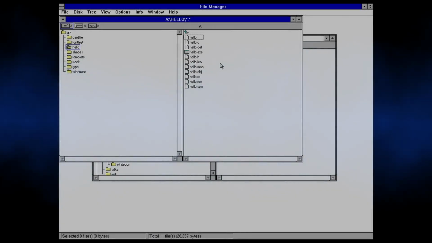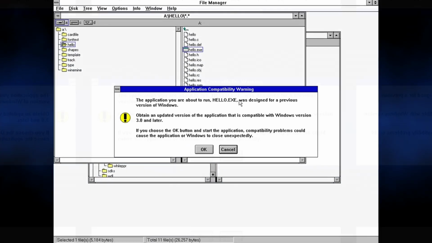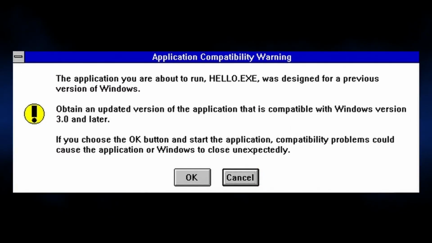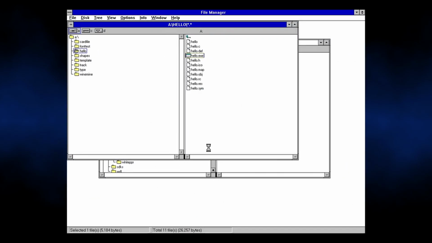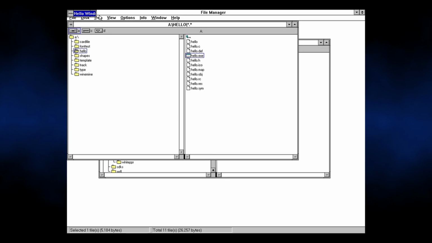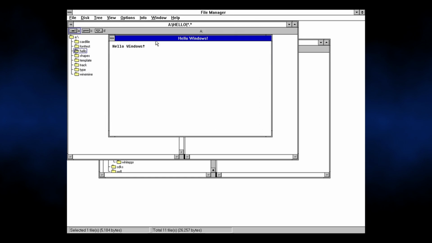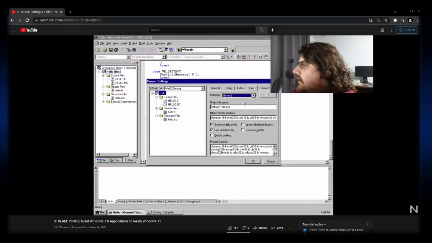Just to give an example, if you load a Windows 1.0 application under Windows 3.1, it will first pop a compatibility warning, and then, assuming it runs, it will likely have notable sizing and font issues. This doesn't even account for the fact that there were significant changes to the Windows API with the advent of 32-bit computing. I decided for my own curiosity to see what this process involved in what ultimately became an 8.5-hour